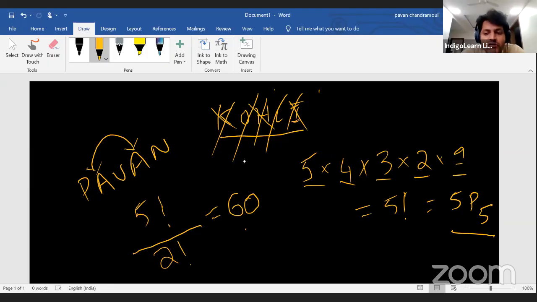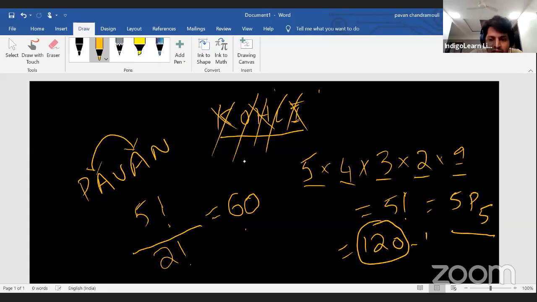So Kohli by default will give you 5 factorial, which is 120 different words. Whether they sound good or whether they mean something, doesn't matter. At the end, I have 120 words, but I am not asking the number of words. I'm asking the number of ways you can rearrange. So basically, rearrangement means the arrangement that I already gave you should not get counted. So essentially, in KOHLI, which is part of those 120 unique words, KOHLI is not counted. So basically, my answer becomes minus 1. So it will become 119.